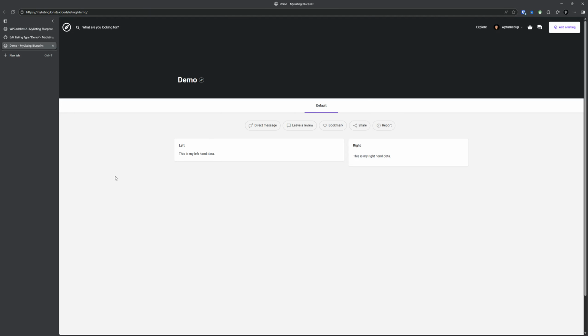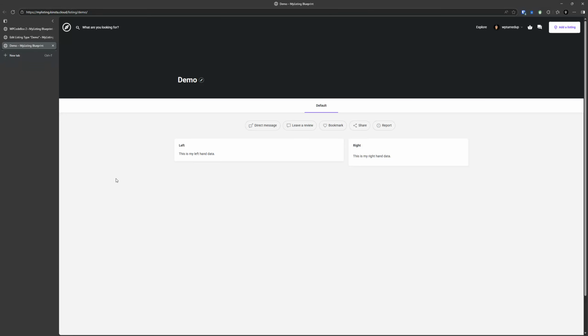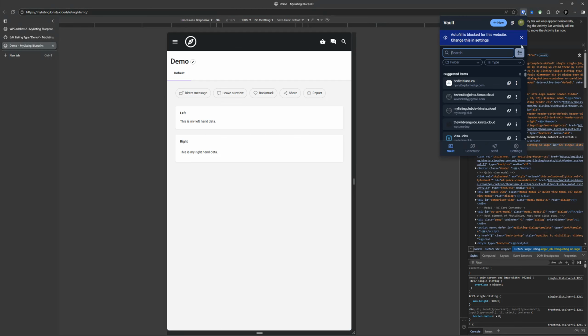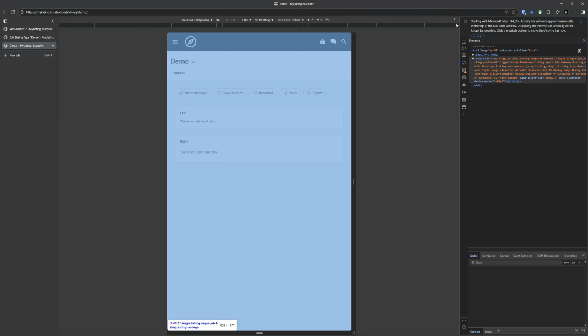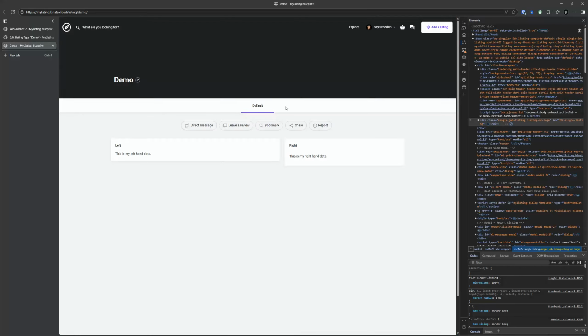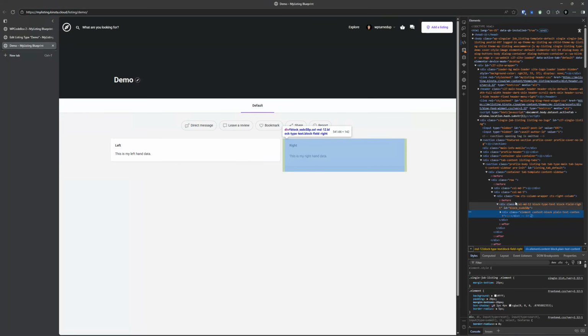When we inspect the page, let me show you. Sorry, not the source. We just want to inspect. There we go. Inspect. I'm clicking on the wrong things. Inspect. There we go. Okay. So if we look here and we inspect the right-hand column, for example, you will see